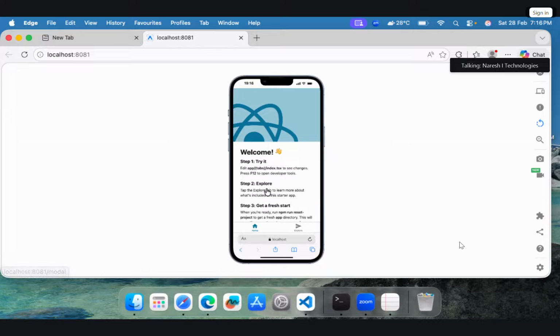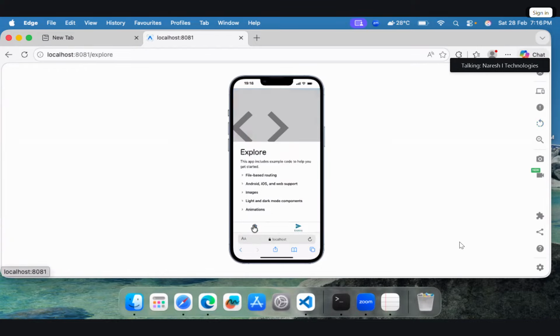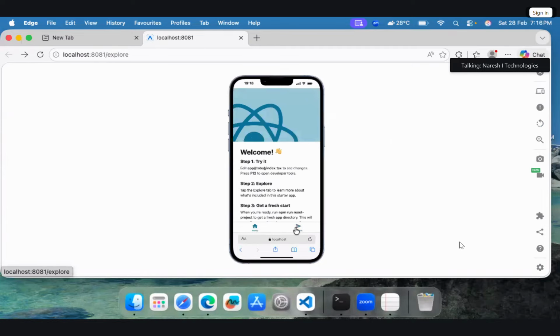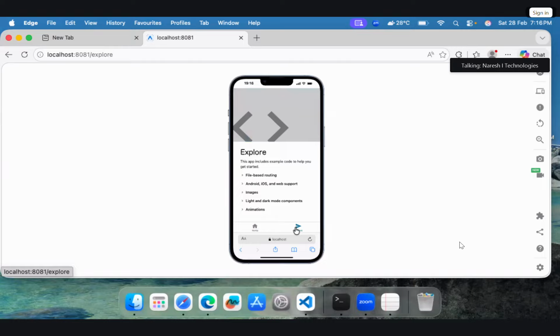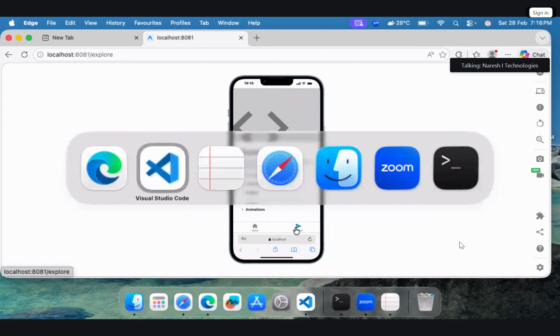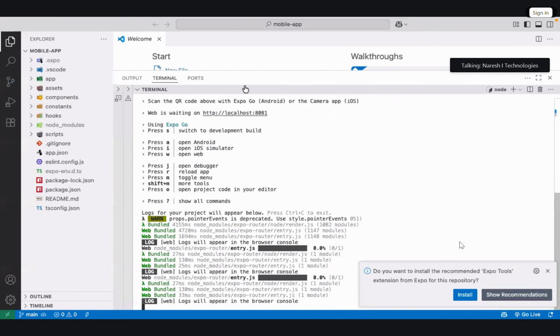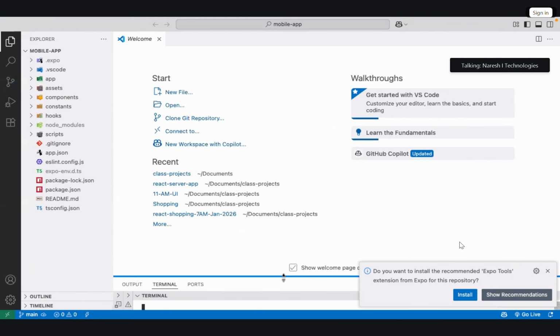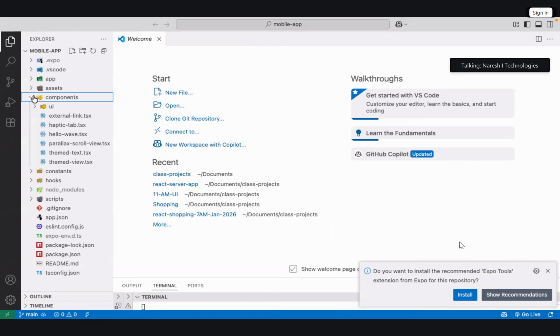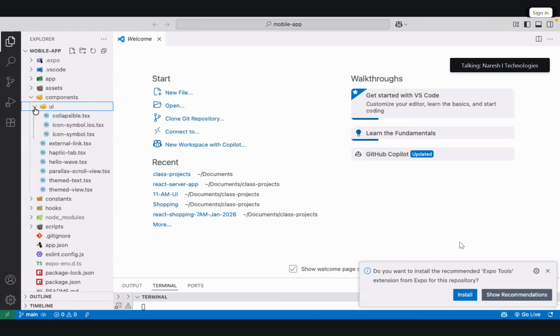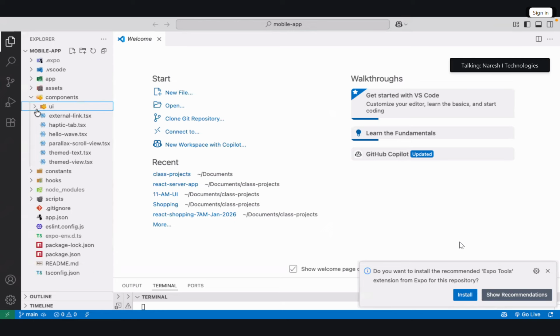And remember, this content, home, explore, these are navigations, and everything is designed by using mobile components. They are not HTML components. For example, let's go to the code. You have components, and in the components you can see UI components, so many components here.